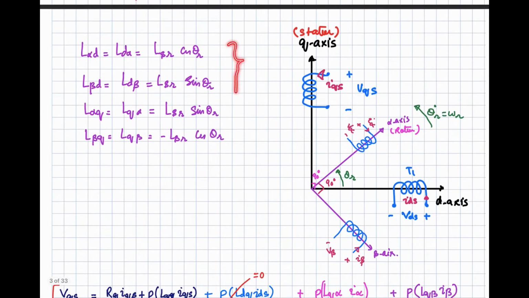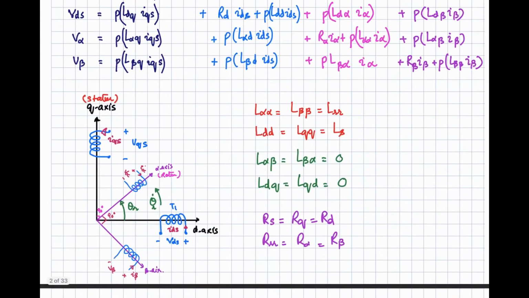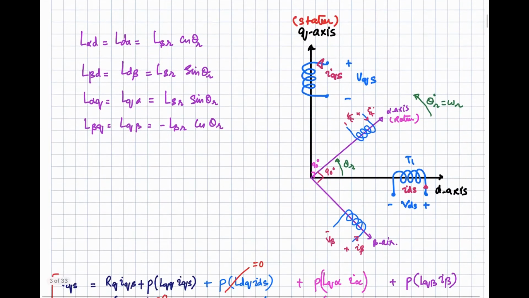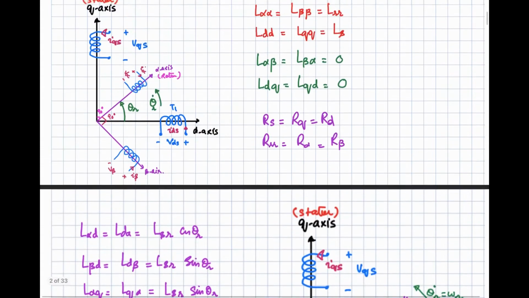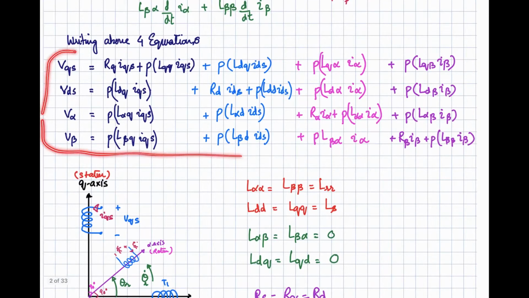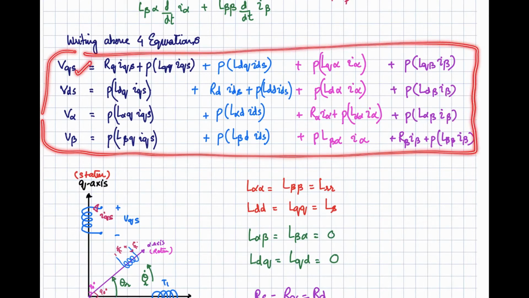These are the mutual inductances between the two frames of reference, and over here are the self inductances, within one frame of reference. Alpha beta and beta alpha will be 0, dq and qd will be equal to 0. So you can say it is within the frame of reference, and that is 0. These are the self inductances, considered as LRR and LS. And the mutual inductances between two frames of reference, that is between alpha beta and the dq, are sinusoidal functions. So now we have seen this set of equations, 4 voltage equations, one for the q axis winding, the other for the d axis winding, then v alpha and v beta.